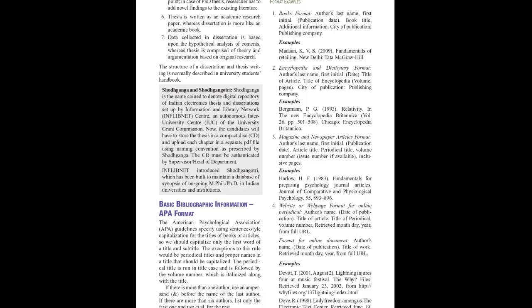Magazine and newspaper articles format: author's last name, first initial, publication date, article title, periodical title, volume number, issue number if available, inclusive pages. Example: Harlow, H.F., 1983. Fundamentals for Preparing Psychology Journal Articles. Journal of Comparative and Physiological Psychology, 55,